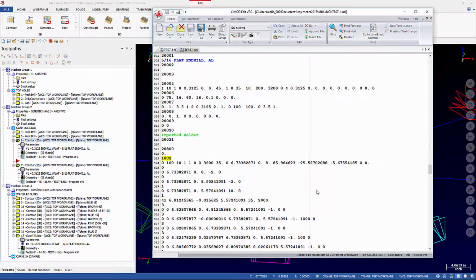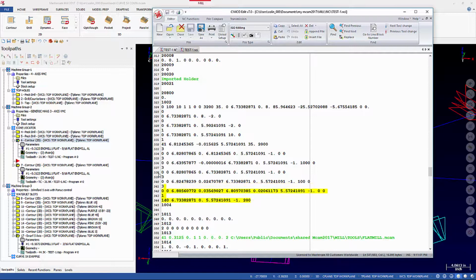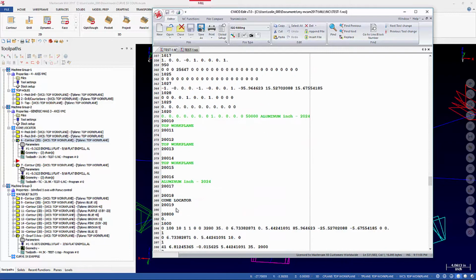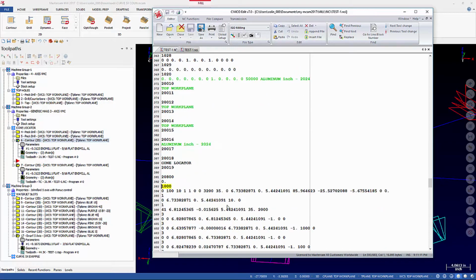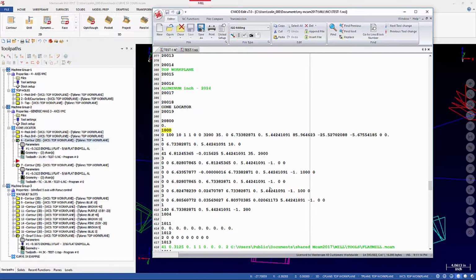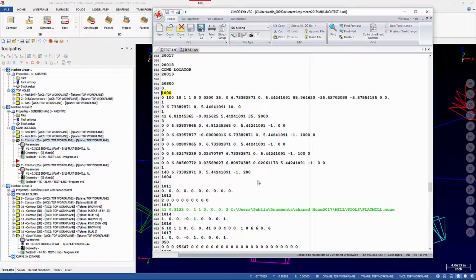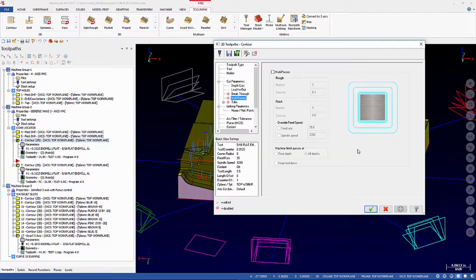Turning on that checkbox takes the first pass in that operation and just changes it from a 1001 to a 1002. Now, what we should expect to see, though, again, we've only got a few moves, some preparatory commands, and then more NCI G code 1000s, because each one of those depth cuts is always a null tool change. Same with multipasses. So if I had a bunch of multipasses, let's